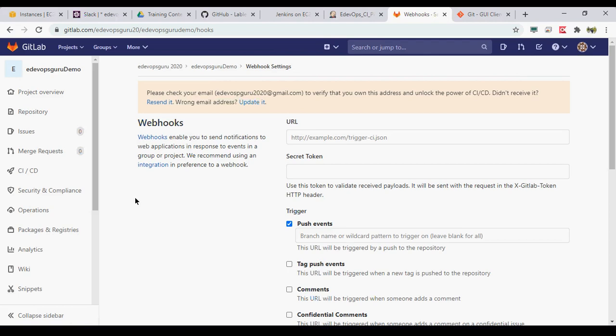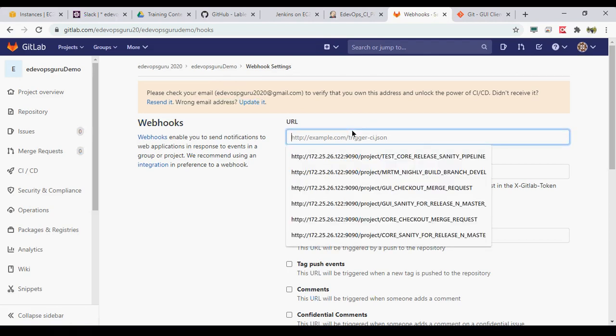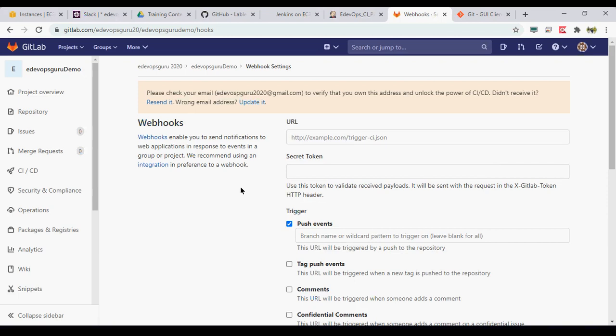In this case, this URL would be a URL exposed by your Jenkins. We will configure that URL here, and GitLab will call that URL and pass whatever parameters are required. This whole concept is called a webhook. Jenkins exposes some webhooks, and GitLab uses those webhooks to send the notifications.